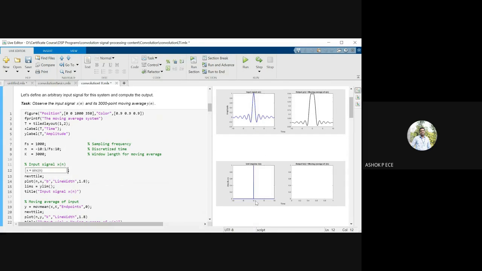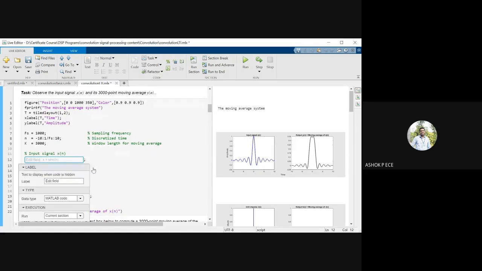The impulse signal will exist only at 0, right? So it is going to be exactly at 0, and the value is going to be 1. So if the signal is sinc of n, I get this answer. Now instead of sinc,